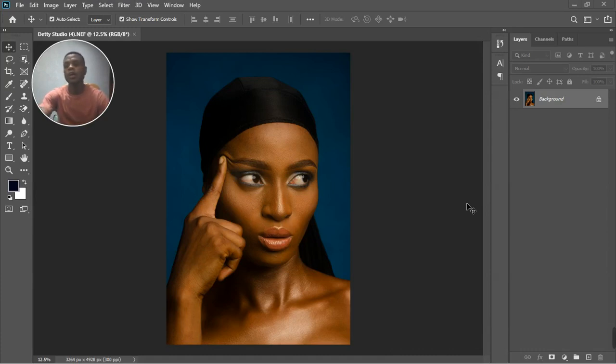Here we are on Photoshop with another awesome tutorial. We are going to be retouching the photo of the model on the screen, the portrait. I just want to show you a few simple steps you can take to take your photography editing to the next level. This is my workflow most of the time when I get this type